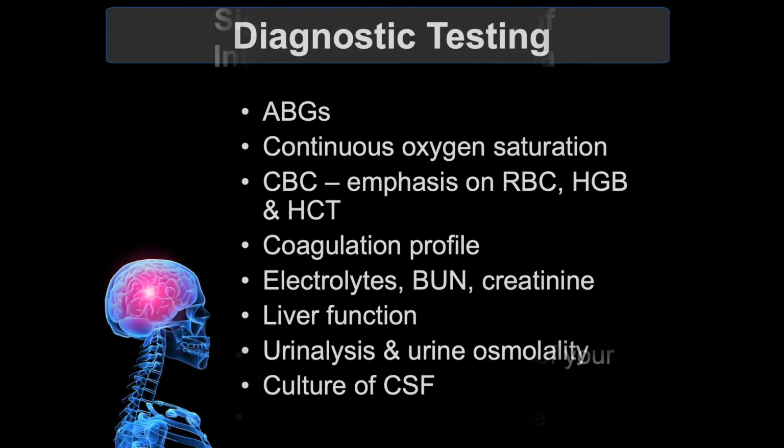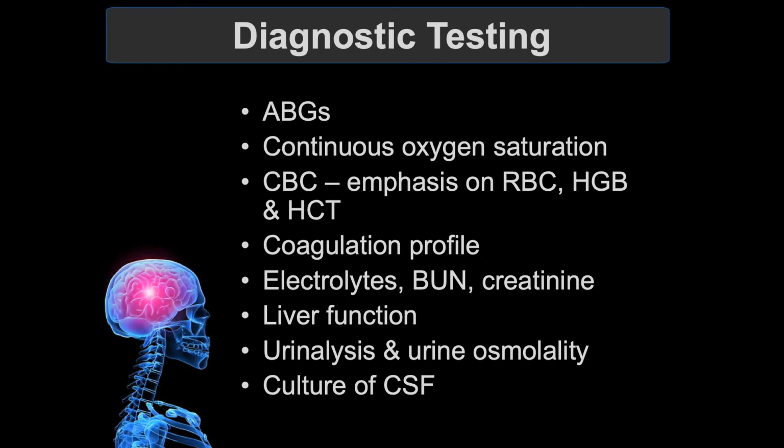Diagnostic testing of the patient suspected of suffering from intracranial hemorrhage includes arterial blood gases and continuous oxygen saturation to assure proper gas exchange, CBC with an emphasis on RBC, hemoglobin, hematocrit, a coagulation profile, a basic metabolic panel including electrolytes, blood urea nitrogen, creatinine, liver function, urinalysis and urine osmolarity, and a culture of any CSF. You should know that the urinalysis and urine osmolality can help determine if the patient has signs and symptoms consistent